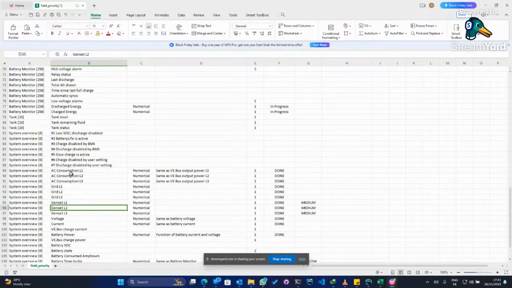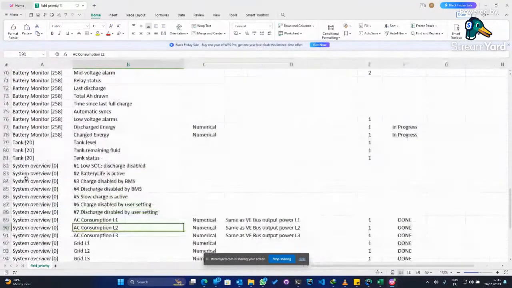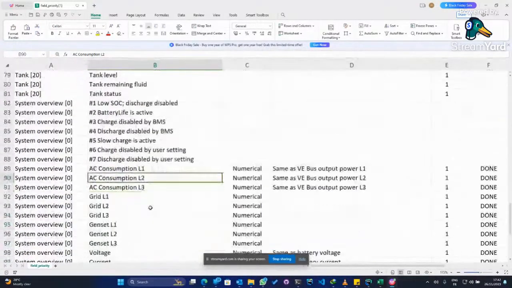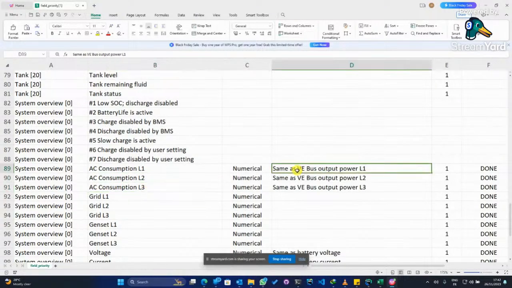For example, let me explain. This row 89 specifically, you will have the AC consumption line 1, AC consumption line 2, AC consumption line 3. Under the description, here I put same as the VE.Bus output power line 1, output power line 2, output power line 3,